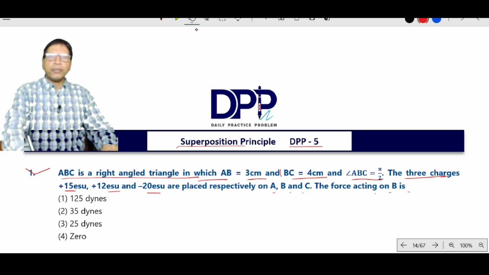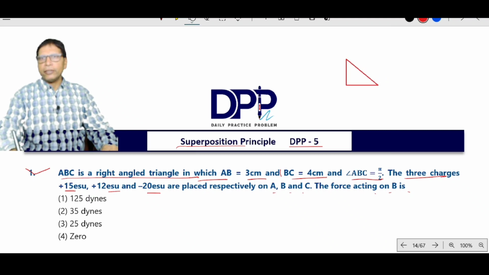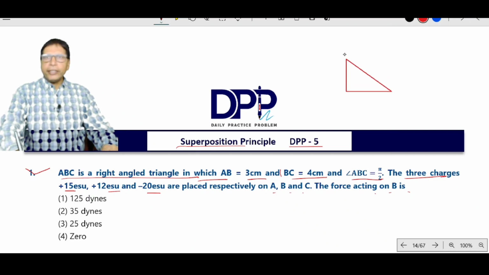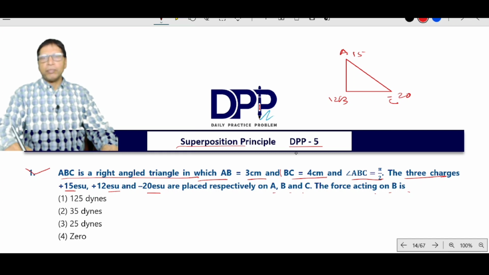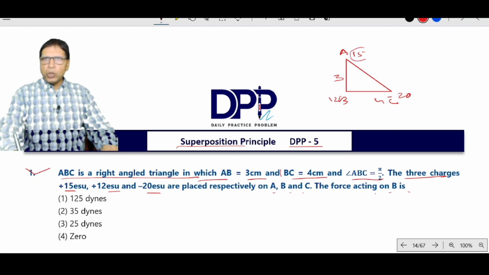Now look at this. This is the right angle triangle. This is A, this is B and this is C. Here the charges are 15 ESU, 12 ESU and 20 ESU negative. This is 3 centimeter, this is 4 centimeter. Now, the 15 ESU charge repels the 12 ESU charge along this direction by the force of